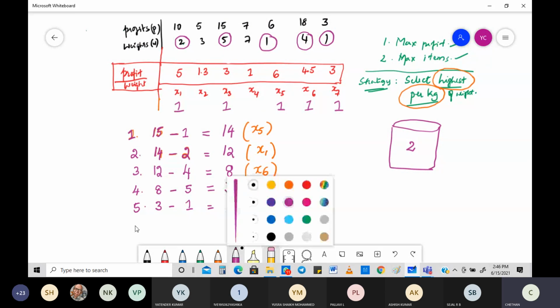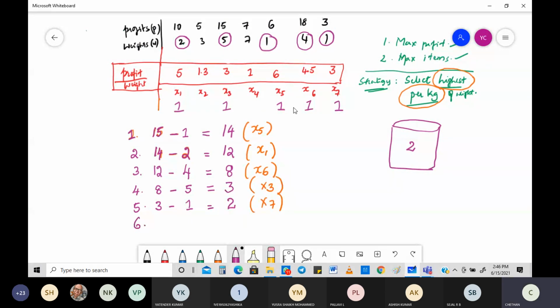Now, again, next thing. You should check for the next highest one. Who is having the next highest one? 1.3. See this? He's only having the maximum thing, right? So I have to put this only. But there's a problem. What's the problem? See, if I put this, now think that I put the entire thing like this. What is going to happen? The weight is 3.